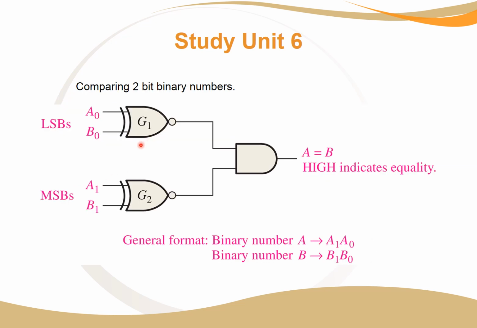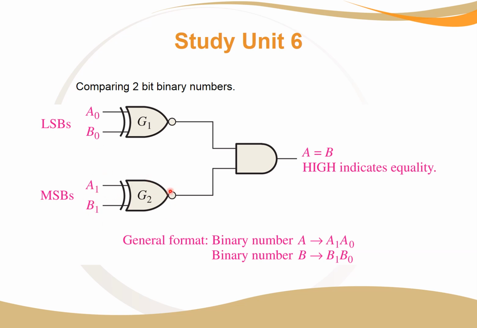Now we want to compare more than 1 bit. We want to compare 2-bit numbers. So for this, we use two exclusive NOR gates and an AND gate. One of the NOR gates compares the least significant bits, A0 and B0, and the other NOR gate compares A1